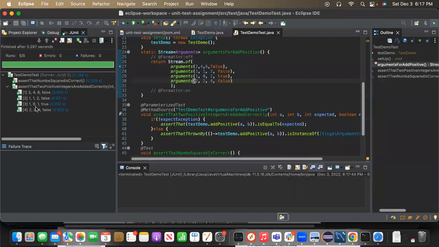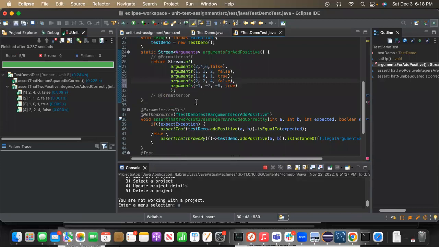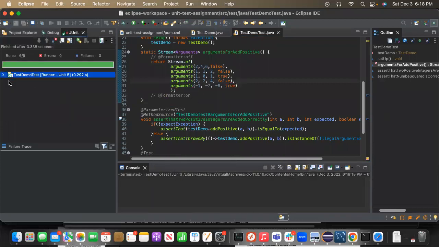And you can see that it's running. I haven't got a negative number in here, so let's try that. If we add -1 and -7, that should give us -8, but because they're not positive numbers, it should throw that error, so we'll add that, and you can see that that one went through